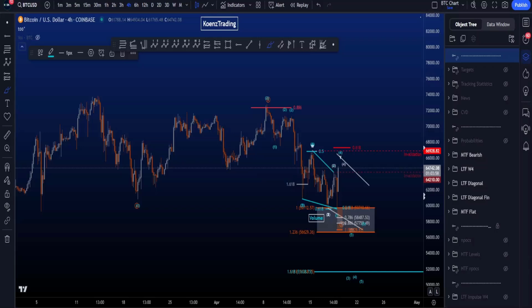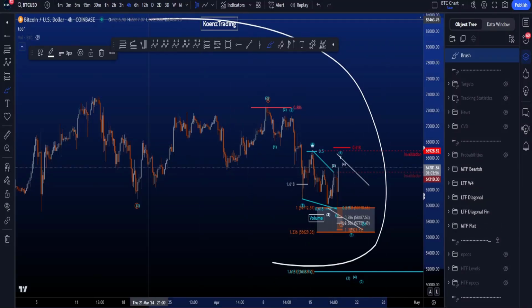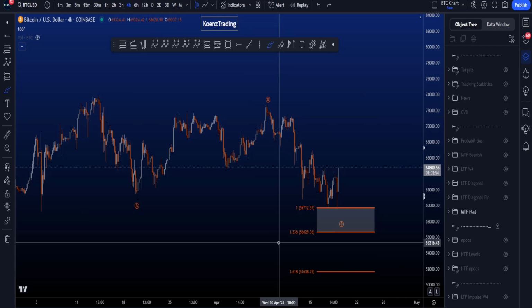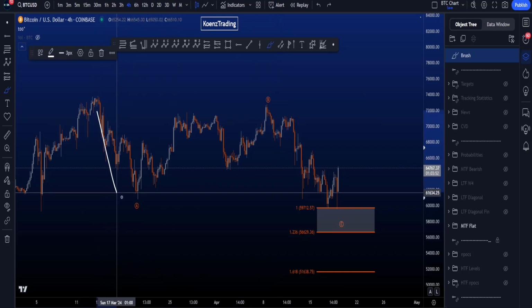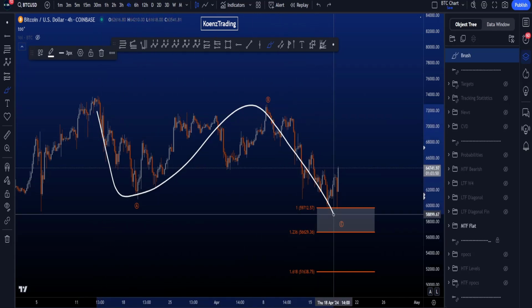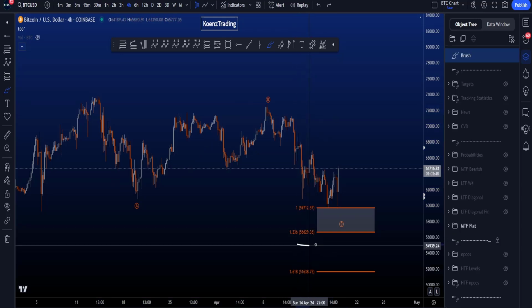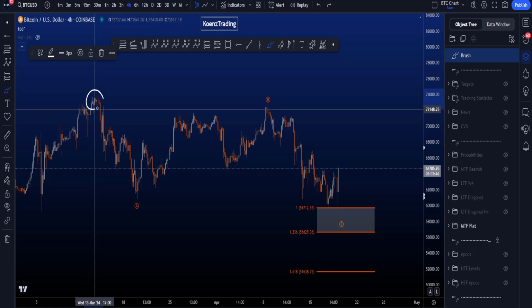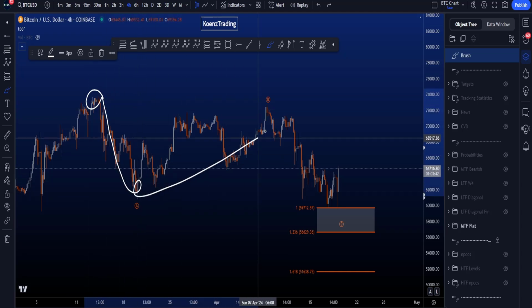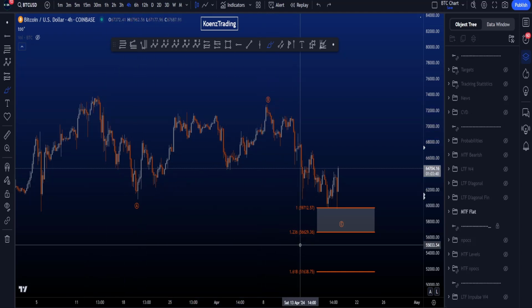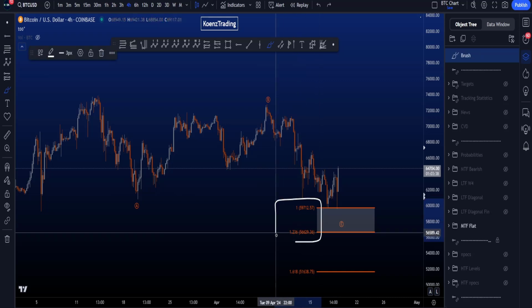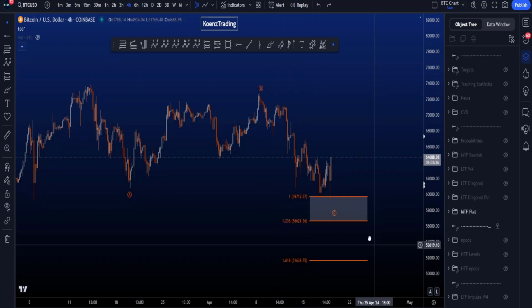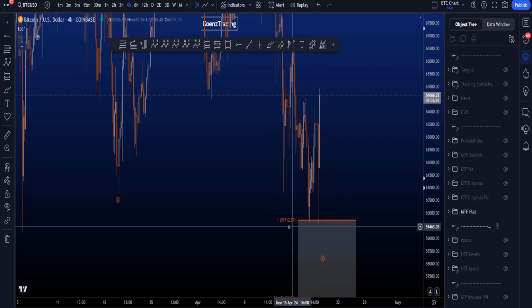Hi everyone, let's go over my bullish and bearish Elliott Wave scenarios on Bitcoin, starting with the bullish scenario where we're looking for a three-wave corrective structure to the downside in a regular flat, where the common target for wave C is between the 1 and the 1.236 taken from the high to the low of A to the high of wave B. This gives us a target area between 59.7k and 56.6k, and you can see that the 1-to-1